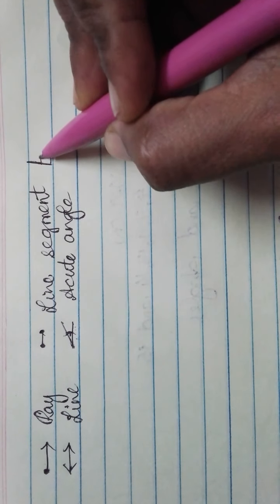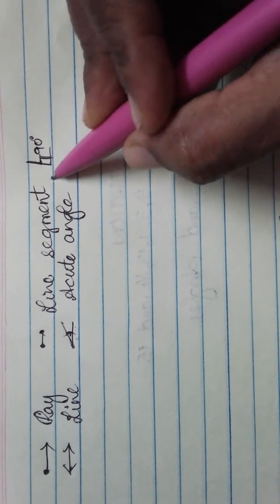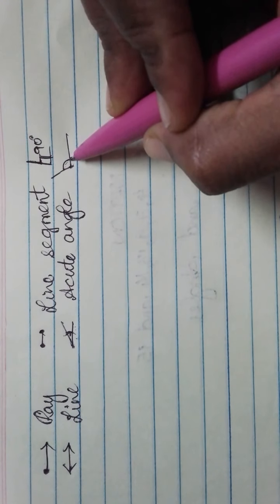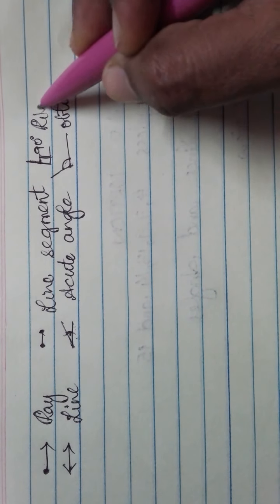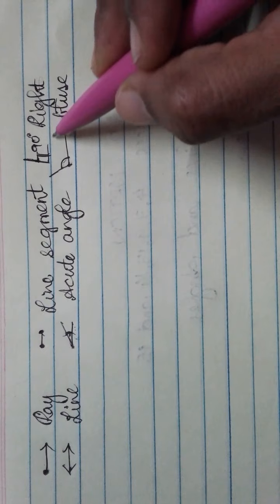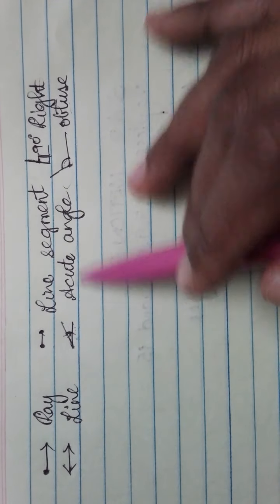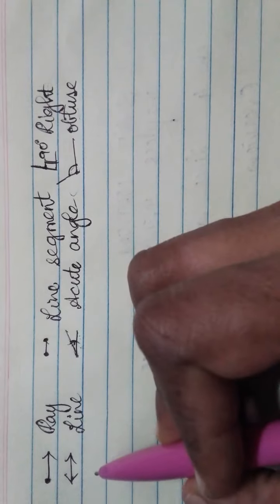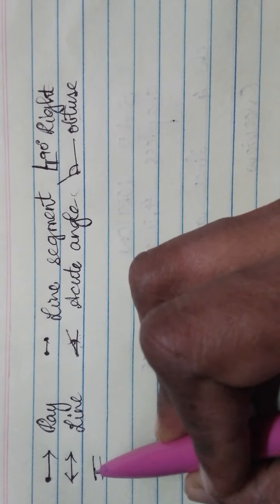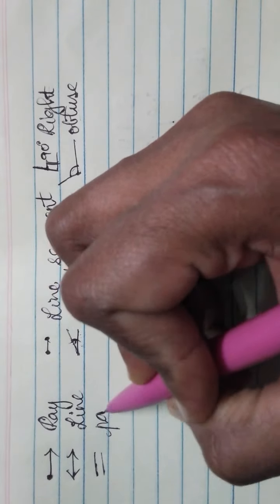When you see that 90 degrees is the angle formed, this is the right angle, and when the angle formed is more than 90 degrees, this is an obtuse angle. This is a right. A right angle is formed here, an obtuse angle is formed here, an acute angle is formed here. Understood this, children? When two lines are drawn which do not intersect each other, they are called parallel lines.